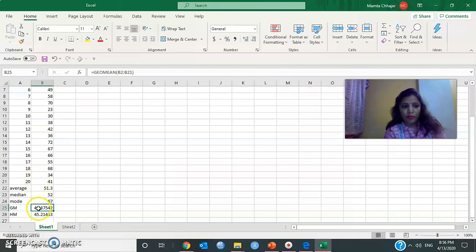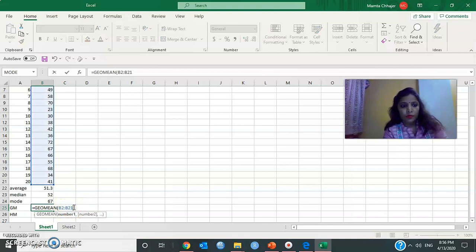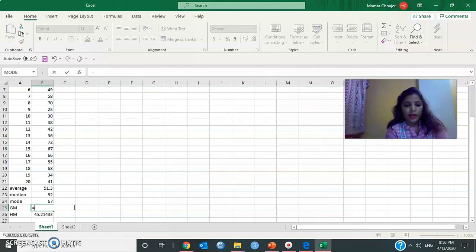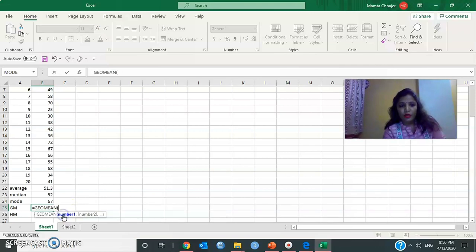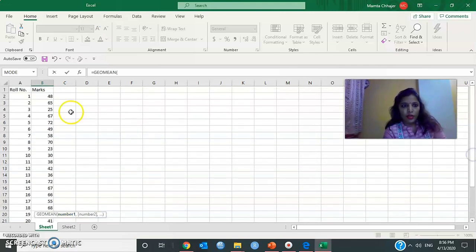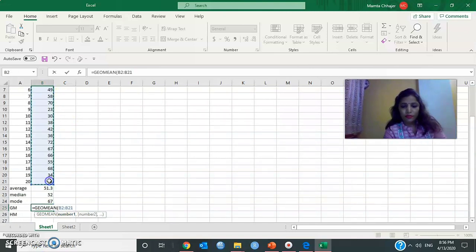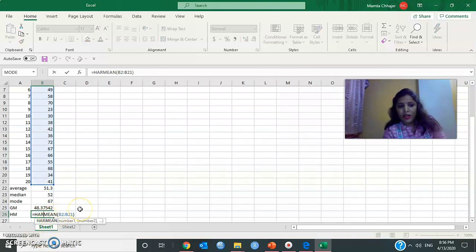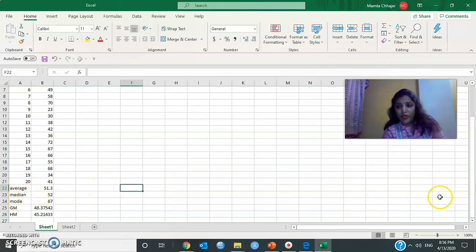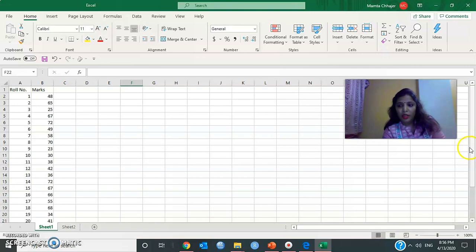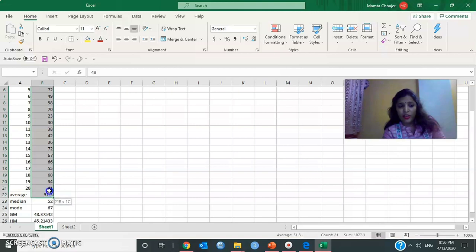Next comes your geometric mean. So what do I do? I type equal to and I type geomean and then again it is asking me to select the observations and I press enter. Similarly for harmonic mean. So you can easily see how simple it is to calculate all these averages, and one thing you should notice is that this mean, median, mode could be applied only on the ratio scale data. Ratio scale data have all the advantages